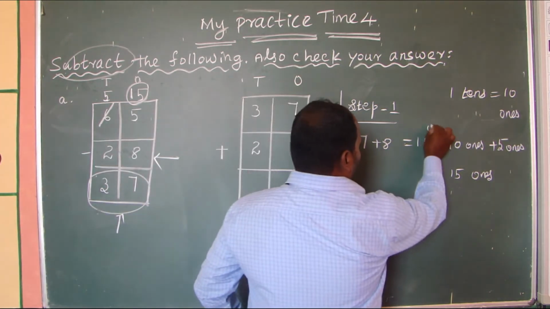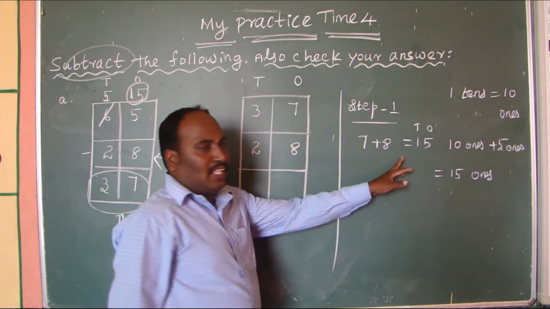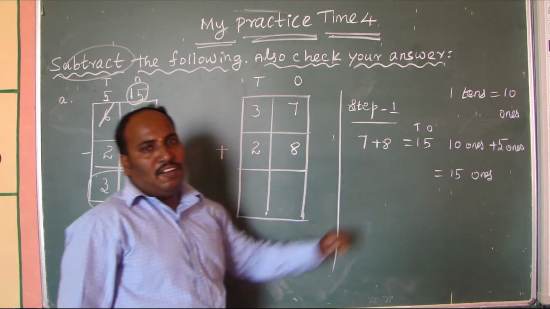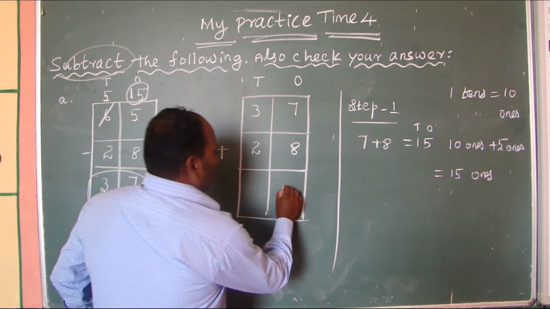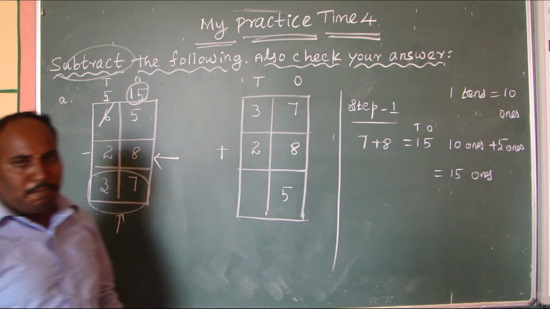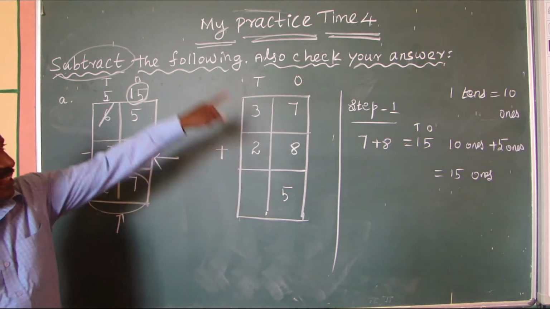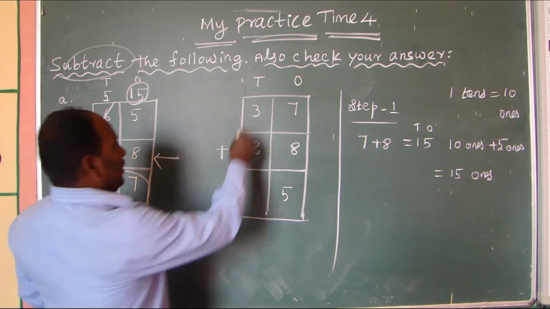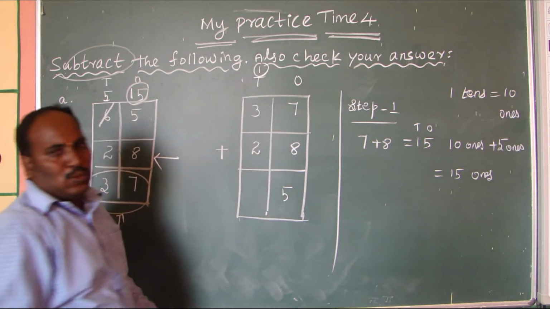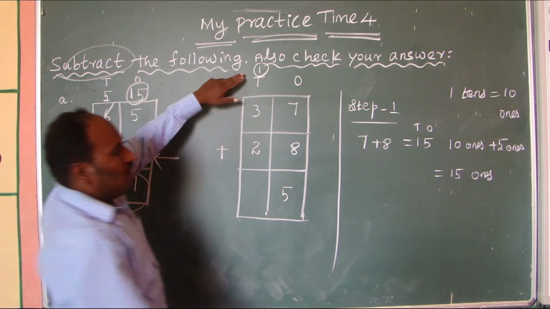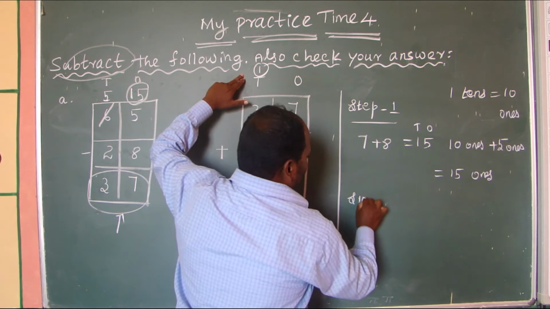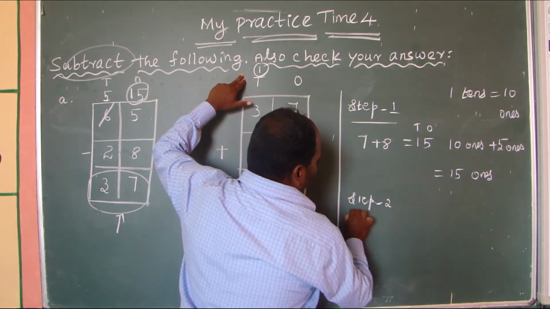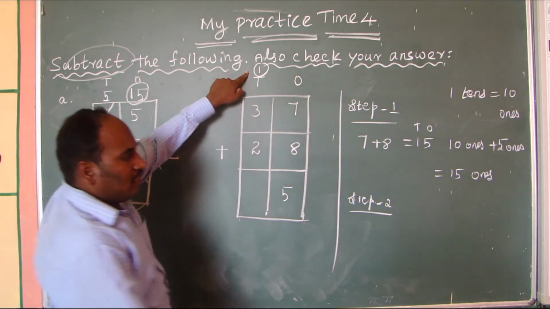Already we know that ones and tens. Here 1 ten is carrying, here 5 ones. 5 ones write in ones place. Then 1 ten carry over to the tens place. Next is step 2. We go to the tens place, carry over the number 1